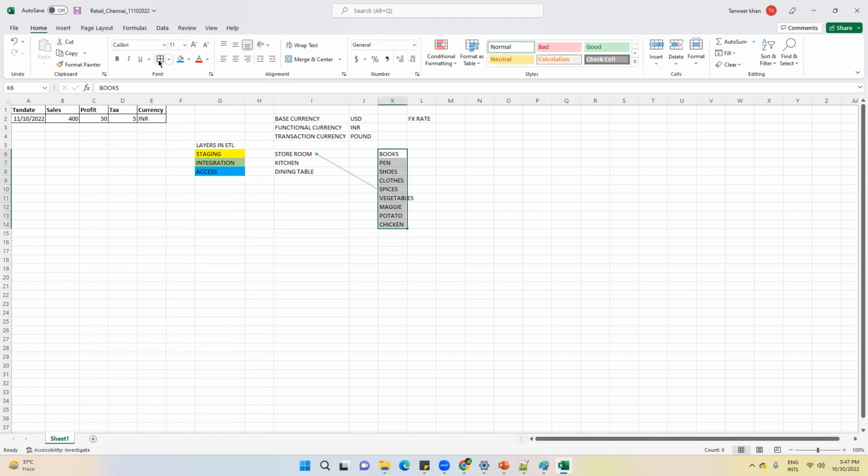So that is why, when you are getting data from the source, first of all, you are dumping it somewhere. And that is known as a staging layer. That is why the staging layer is also known as the landing layer or dumping layer. Because right now you have received data from multiple sources, so you will dump it somewhere. I'm dumping these things in a storeroom. In an ETL project, I will dump all these things in the staging layer. Any question? Clear?